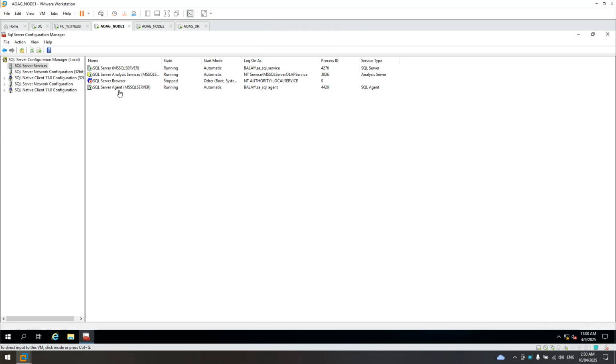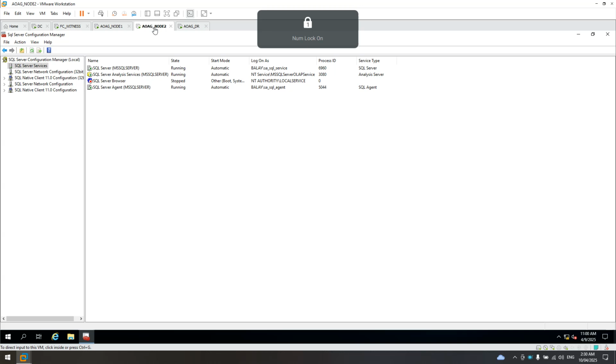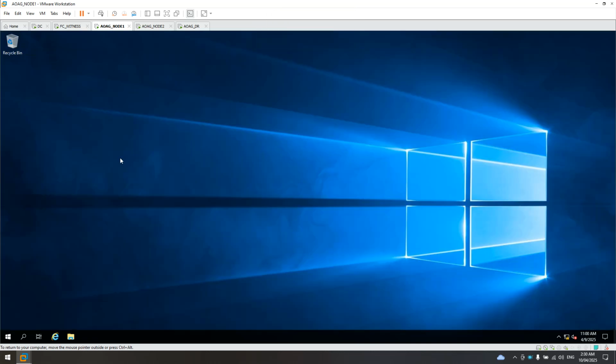Let's go back to node 1. So it's already started. Node 2, already finished. And that one, node DR, still restarting. All done. So let's close that one. Node 2, close that one. In node 1, close that one.